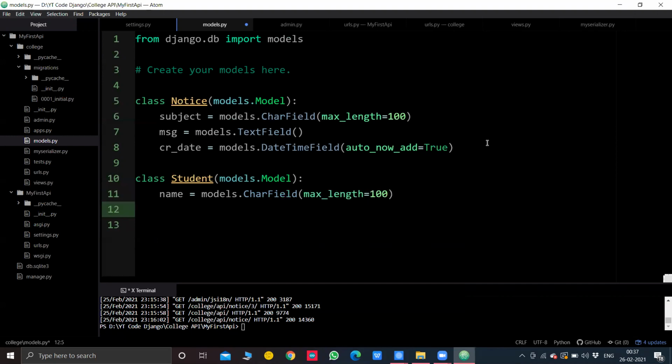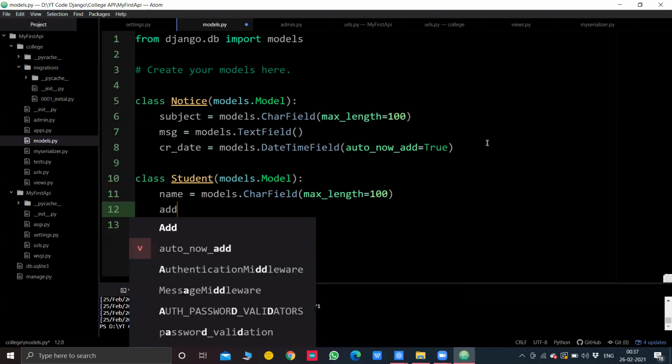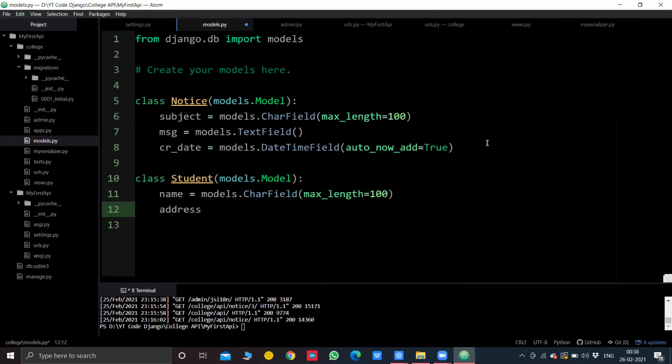And one more thing I'll mention, I won't waste time by mentioning a lot of stuff. Address equal to models.CharField again, or text. You can also mention TextField, no issues. Doesn't matter. I just want to explain how you will upgrade your API.